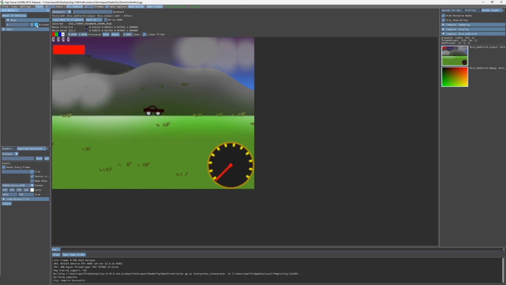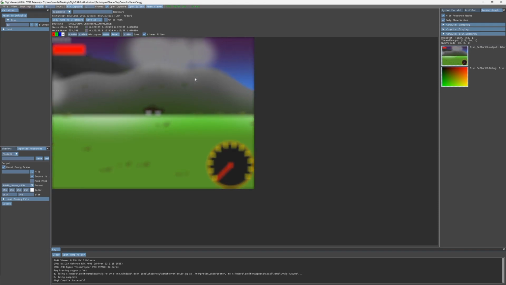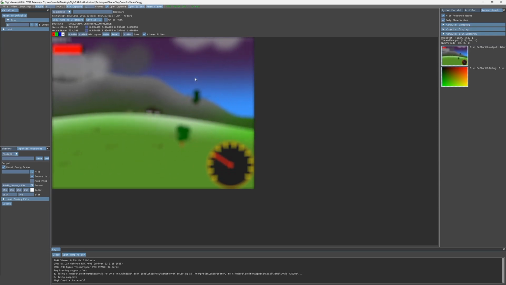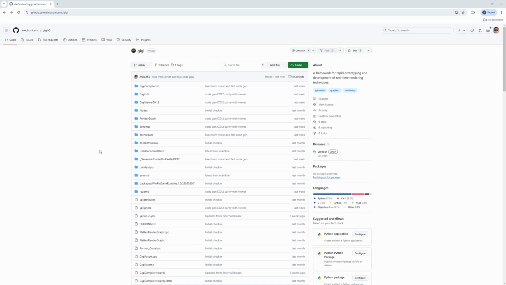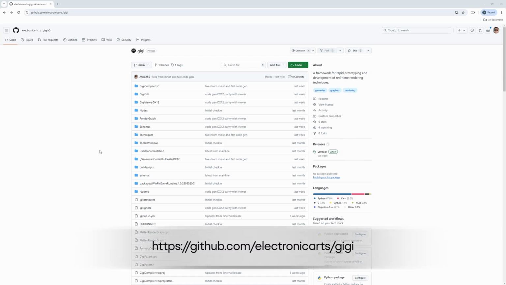By the end of this tutorial, you'll know how to create a box blur post-processing technique and how to apply it to a different Gigi technique. There are many features of Gigi that we won't be covering today, but this should be enough to get you started. The first step is to download Gigi from this GitHub repo, which is at